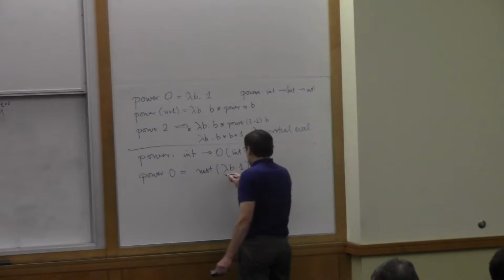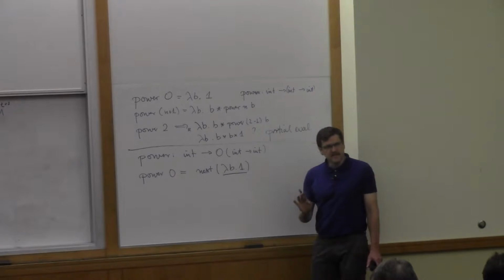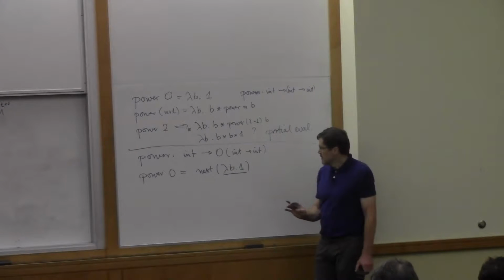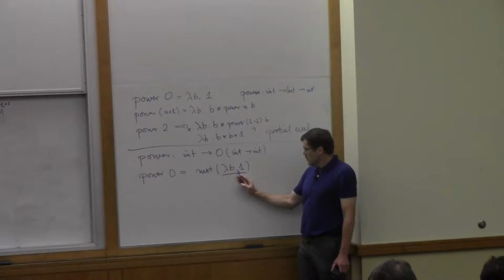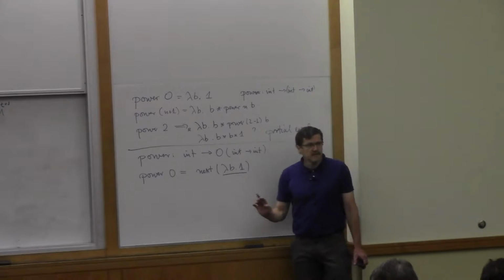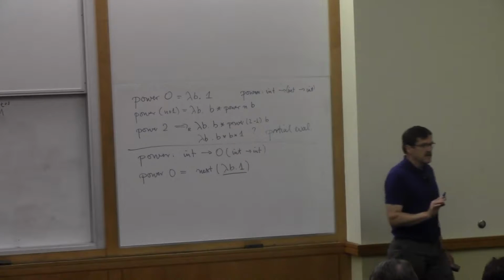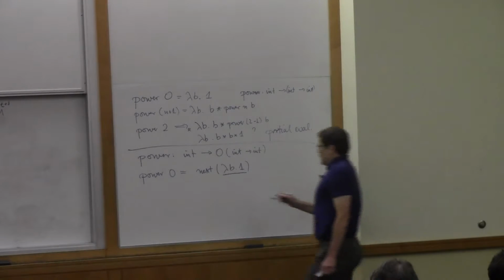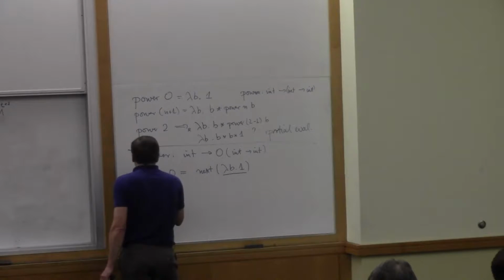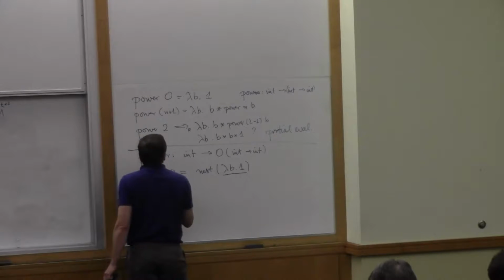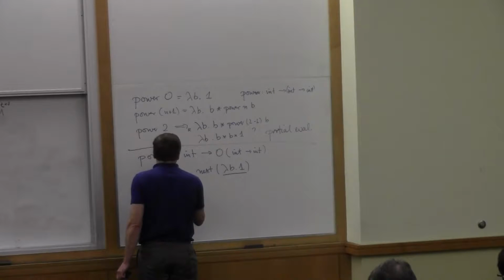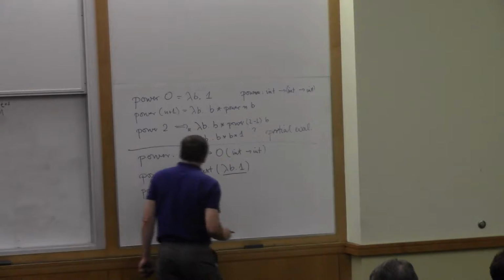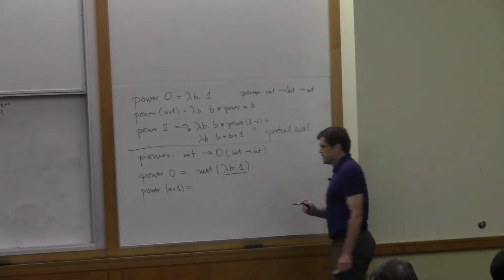And I'm just going to underline the stuff that happened at stage 1. So at this point, we'll just have two stages, stage 0 and stage 1. Whatever happens at stage 1, I'm going to underline. So that's code that I'm generating, not code that I'm evaluating. All right. So the interesting part is going to be power of n plus 1. Okay, so what is power of n plus 1?